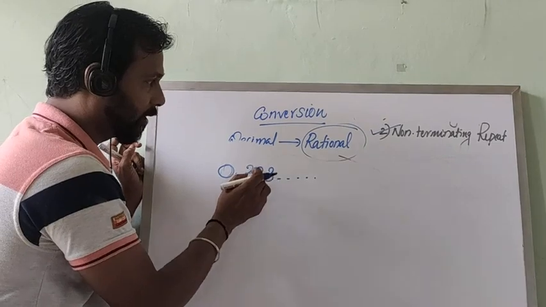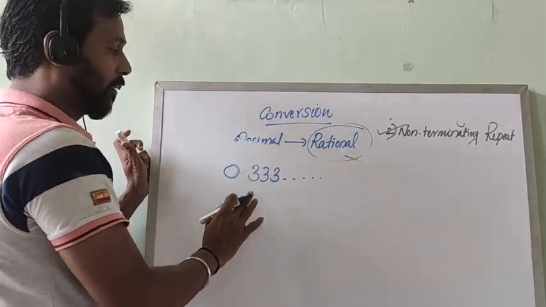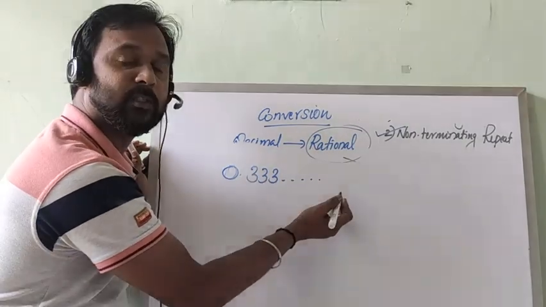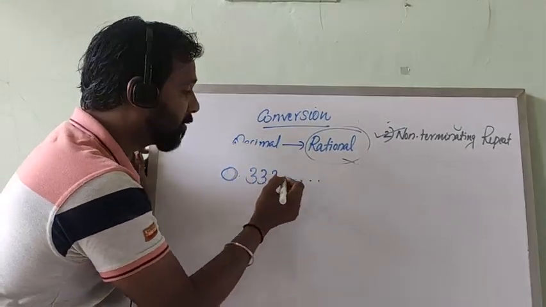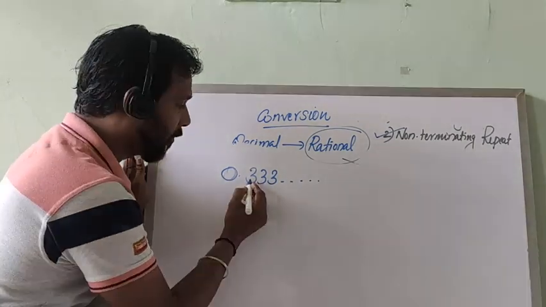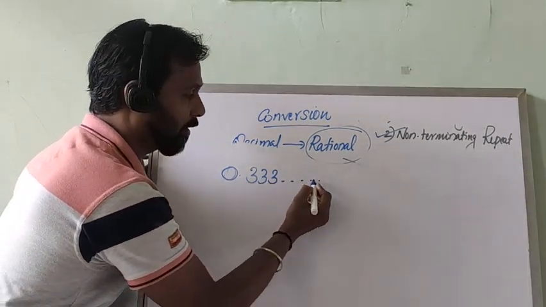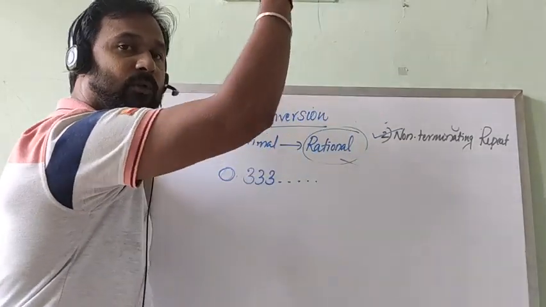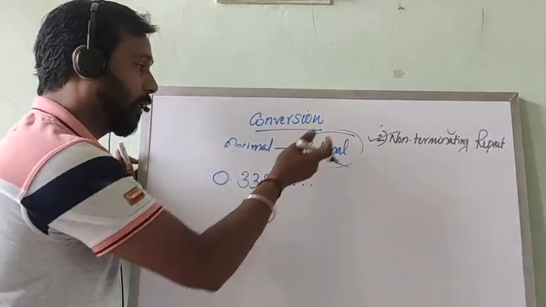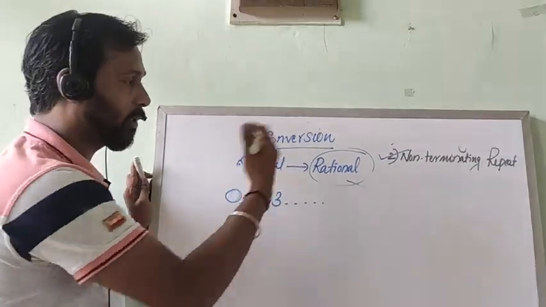Now we want to convert this into rational. In the last case, when it was terminating, what did we do? We counted the number of decimal places. Can you say how many decimal places are here? Is it 3? No. We can't say 1, 2, 3, 4, 5, 6, 7, etc. This decimal is going to infinity. So many decimal places are there. So that way it is not possible to convert into rational.